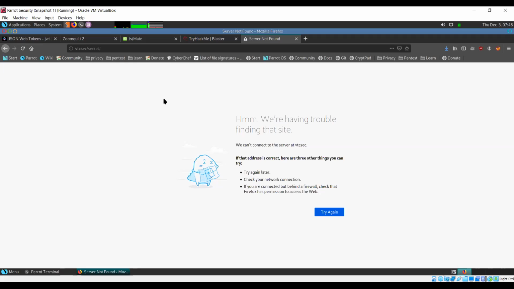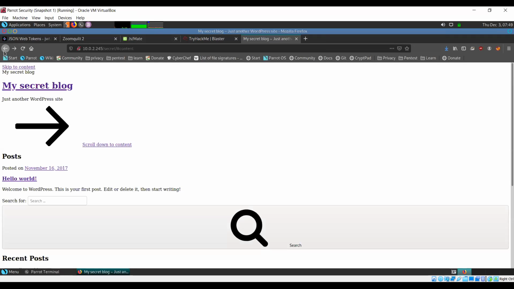The connection to the server is not there. Or the firewall is there. No, there is. But if there were a firewall, we would not be able to access the port at all. Observe the screen. See if there is something that is different from what was appearing before. VTC sec, yes, it was coming.